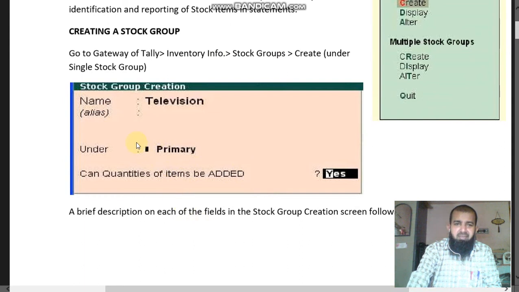Here the name is the name of the group, and alias is an alternative name.